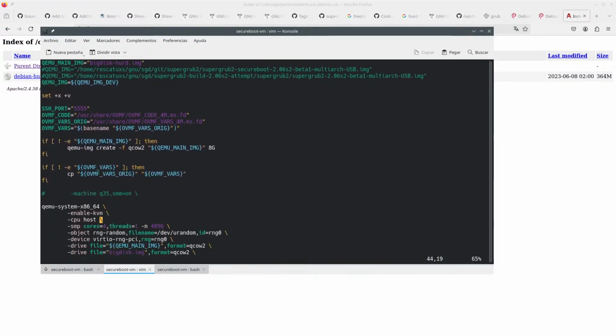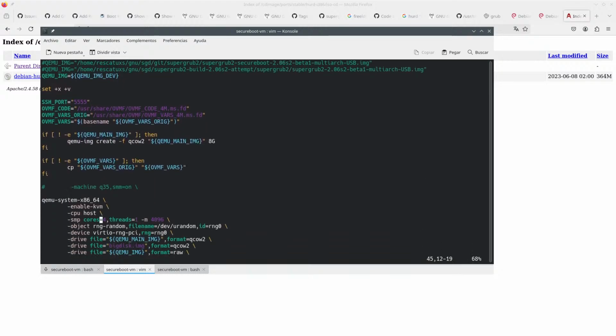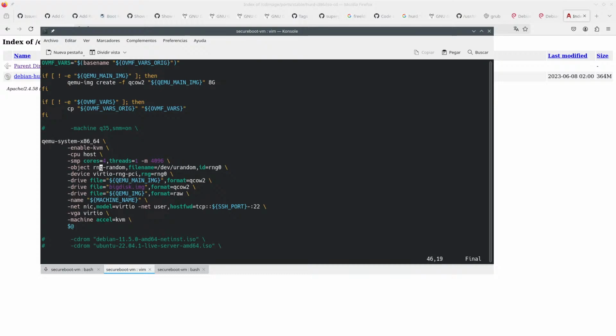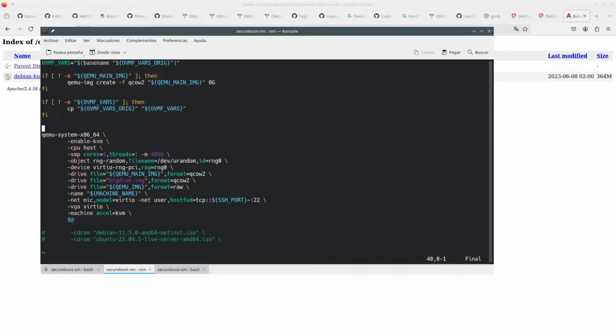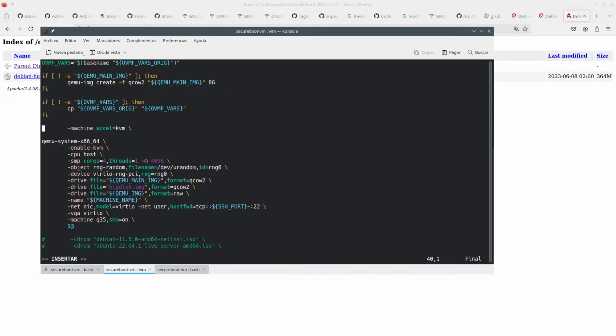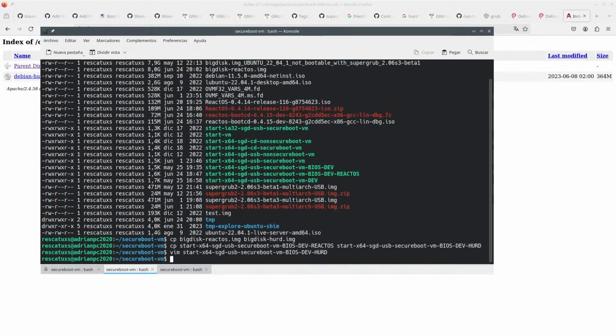And the other thing that I want to do is just put the Q35 again here, because I think it will be much easier to develop in. I mean, this needs network and probably one network. So yeah.